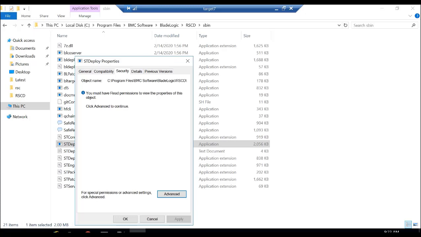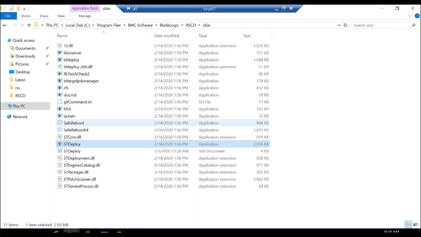So we saw here that even though the patch installation is actually not taking place, there are certain things that we are doing before the patch installation, and if there is some problem in executing those commands or those exes, the deploy job may fail as well. So this was about the BL deploy log.